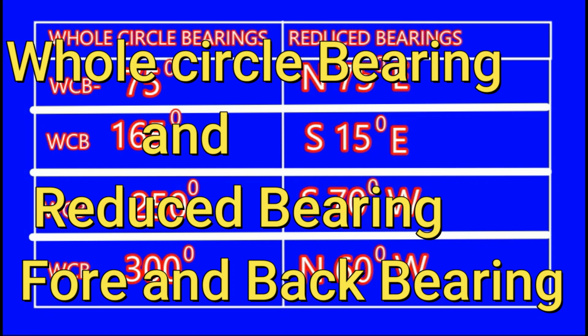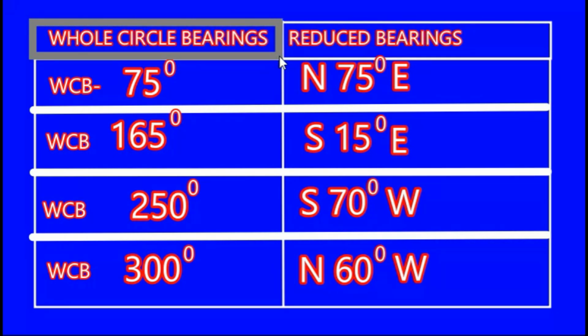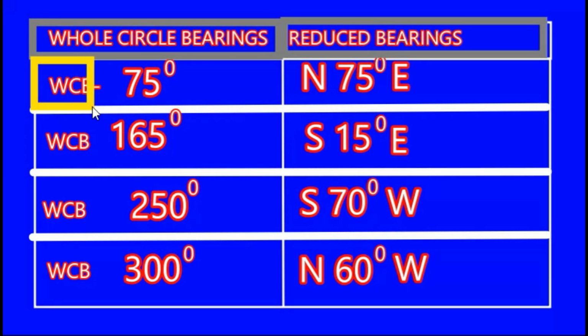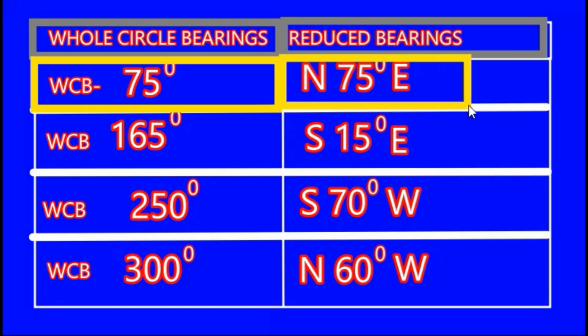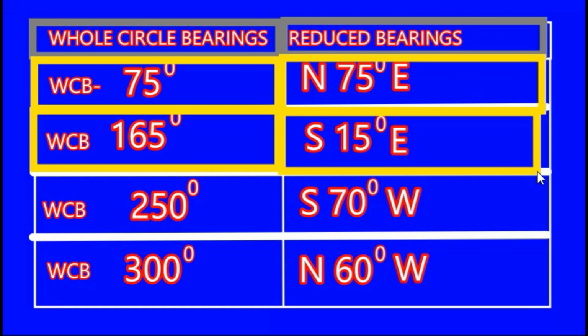So here we have the final summary. Here is the whole circle bearing, and on this side I have added the reduced bearings. For the whole circle bearing of 75 degrees, it was converted to north 75 degrees east in the reduced bearing. Similarly, the whole circle bearing of 165 degrees that was lying in the second quadrant was converted to south 15 degrees east, and then in the third quadrant